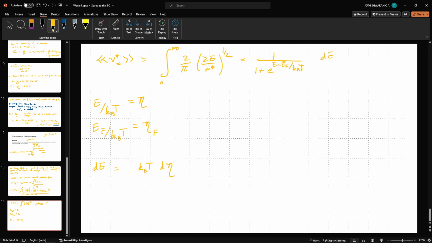So now what we will have is, this implies v plus x is equal to integral 0 to infinity